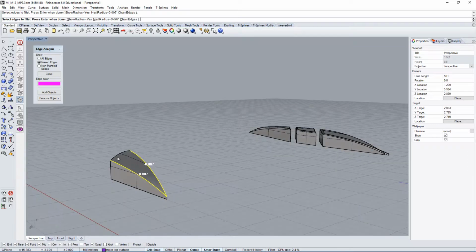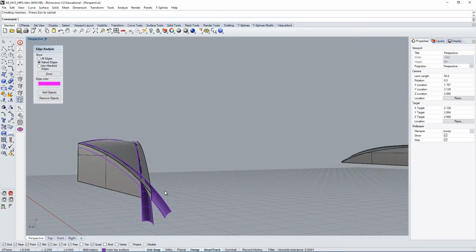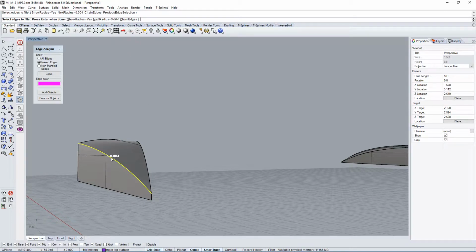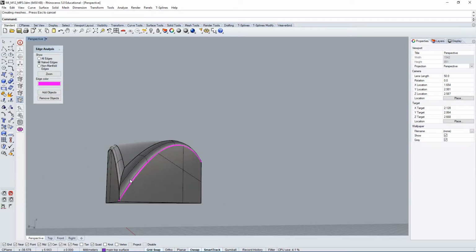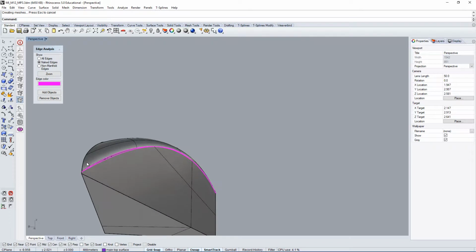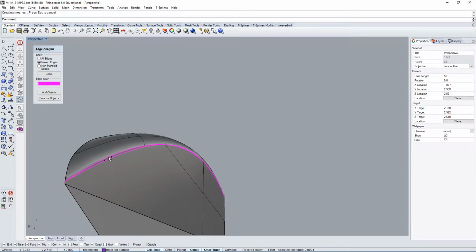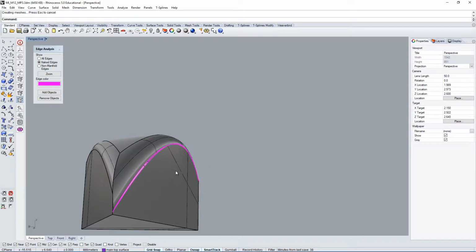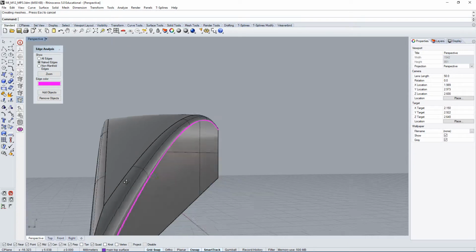And it's still too large. Let's try something else. 0.004. And this time it worked, but it's giving us an open edge on the side, which again, as I explained before, it's due to the tolerances which are not low enough.